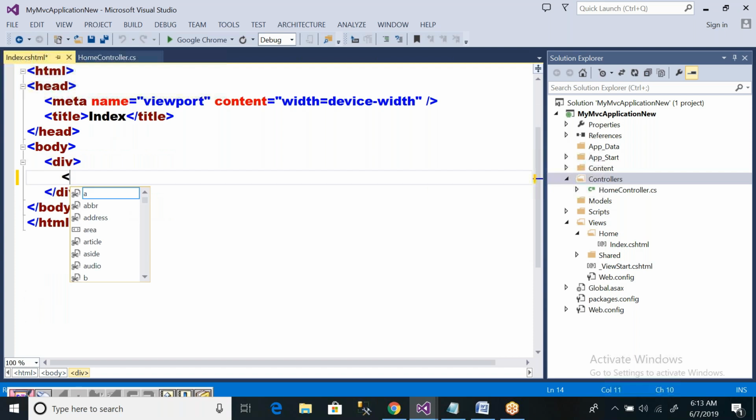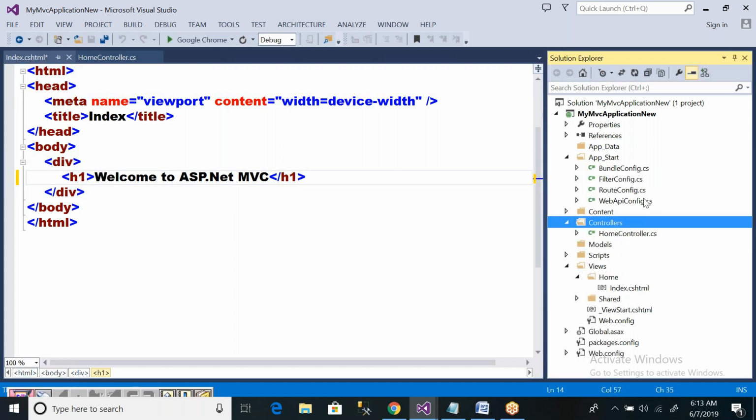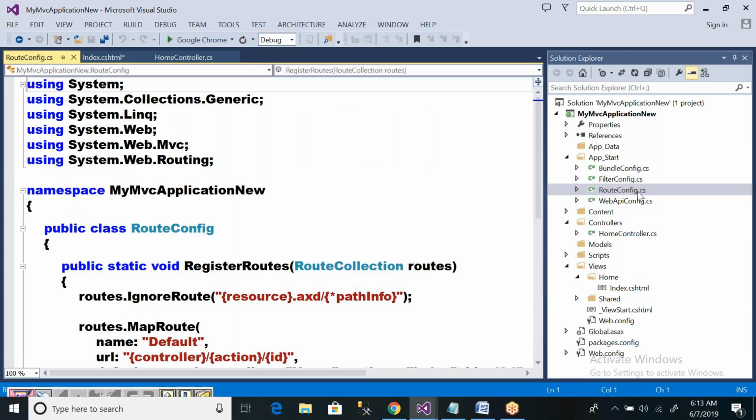Here I am writing one line of code that is called Welcome to ASP.NET MVC. Now you are going to run the application. Whenever you run the application, under App_Start you have the RouteConfig.cs file.